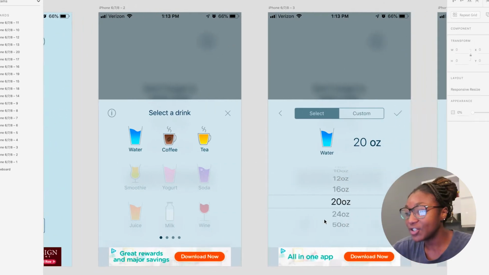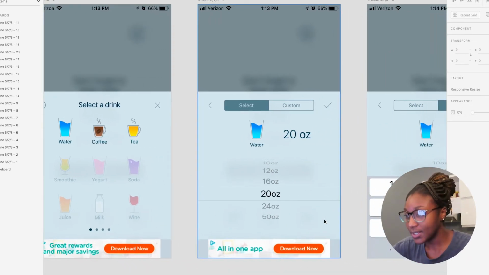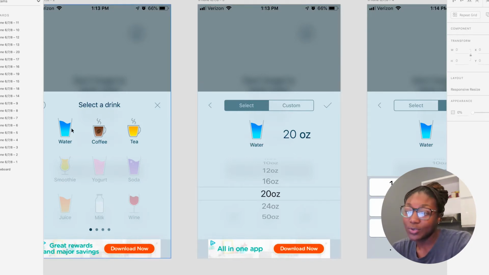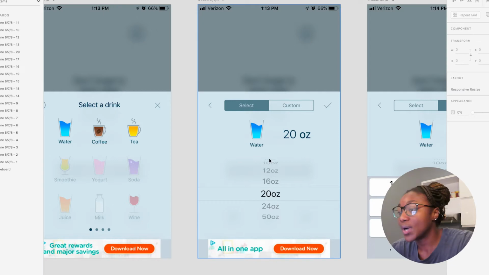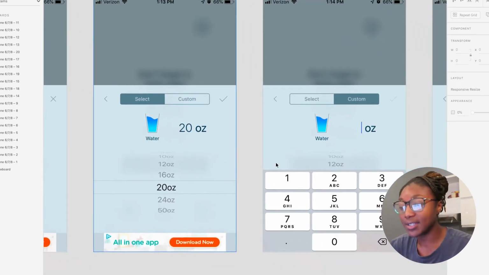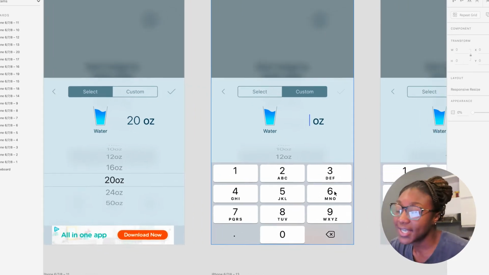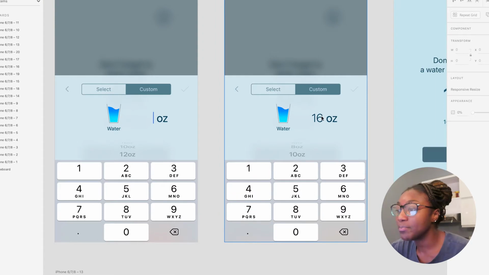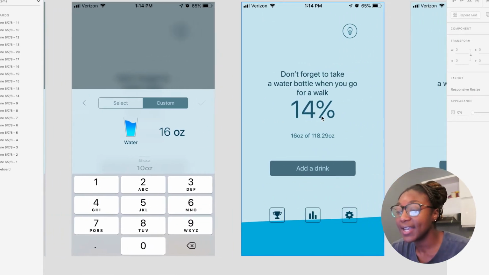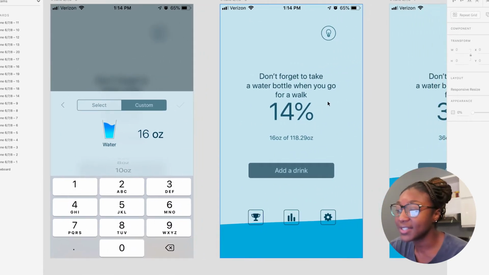On this next page, you're able to select how many ounces. We've selected water. We're going to do either one of these predetermined quantities that they have here, or we can toggle over here and do a custom amount, which we use the numeric pad in order to enter a number. In this case, we enter 16, and boom, you can see we have hit 14%